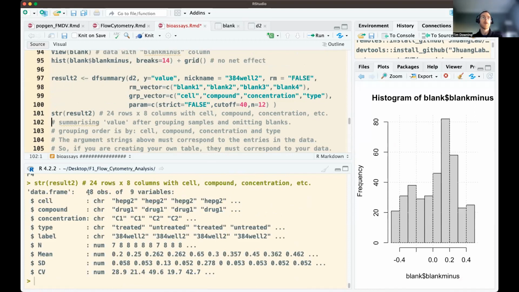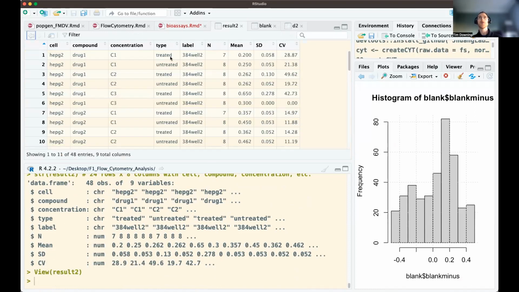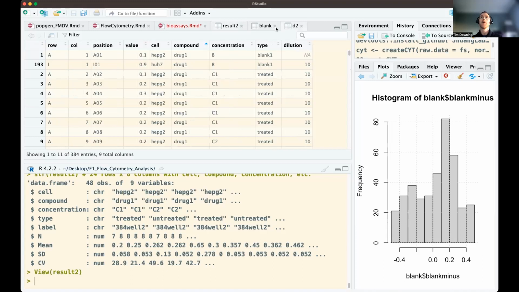So now we have 48 rows with 9 variables. So this is summarizing our data together. If we look at result 2, it's allocating the different rows in the original data in D2, where we have